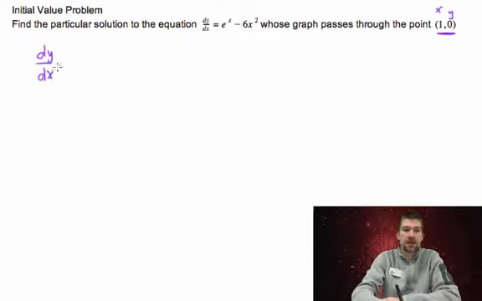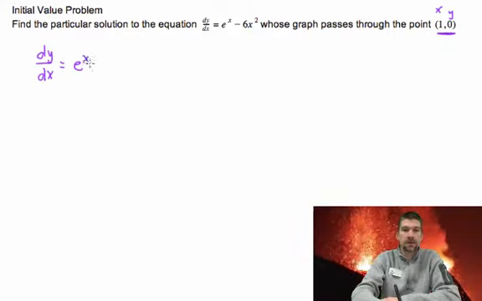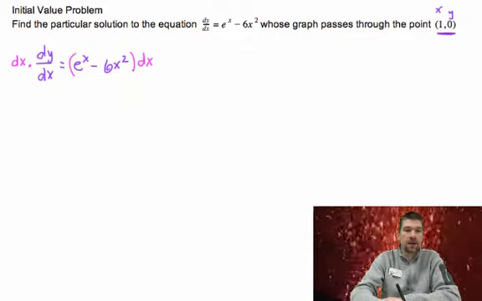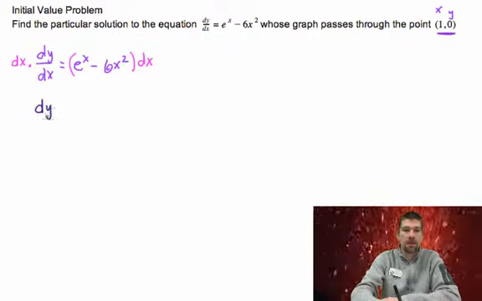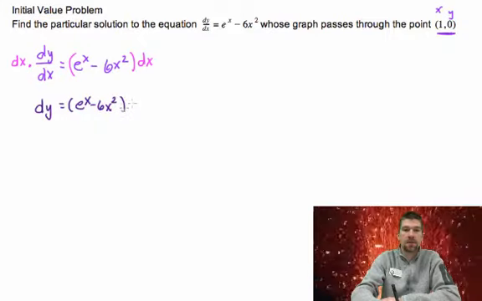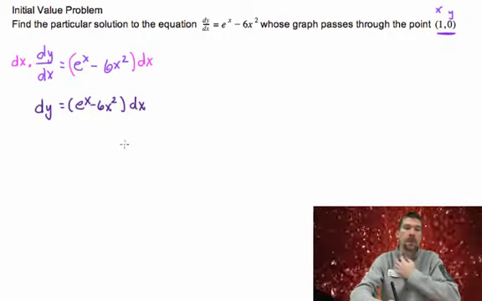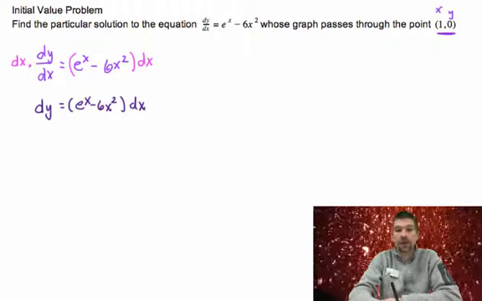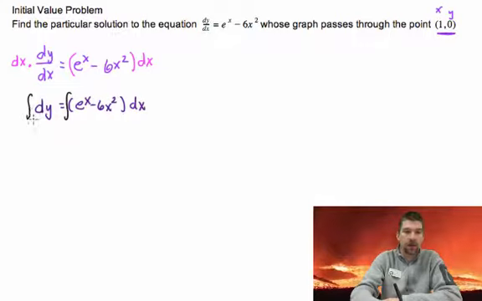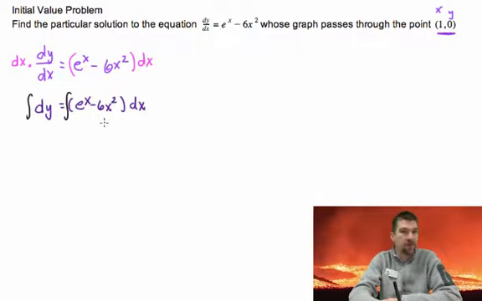dy/dx is equal to e to the x minus 6x squared. And again, if we multiply both sides by dx, then we have a setup where dy equals e to the x minus 6x squared dx. And again, we're now ready to integrate. Remember, when you integrate dy, it's just going to go to y on the left, and when you integrate the right-hand side, those will have your x